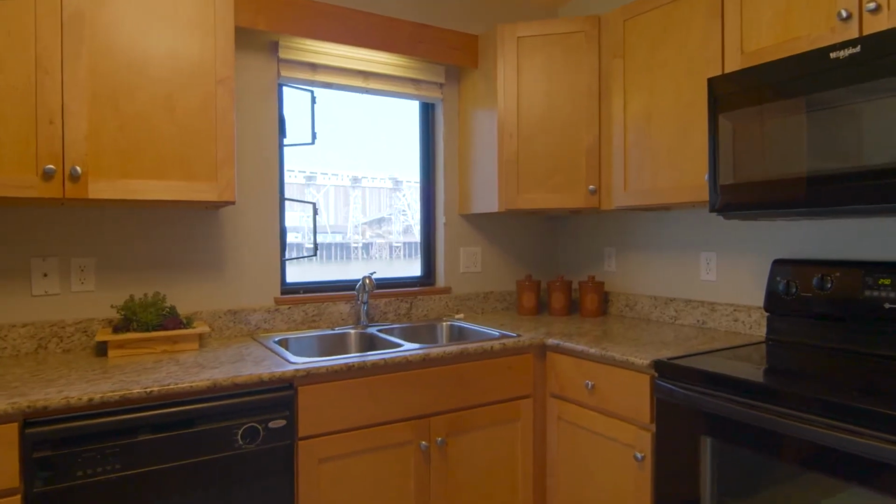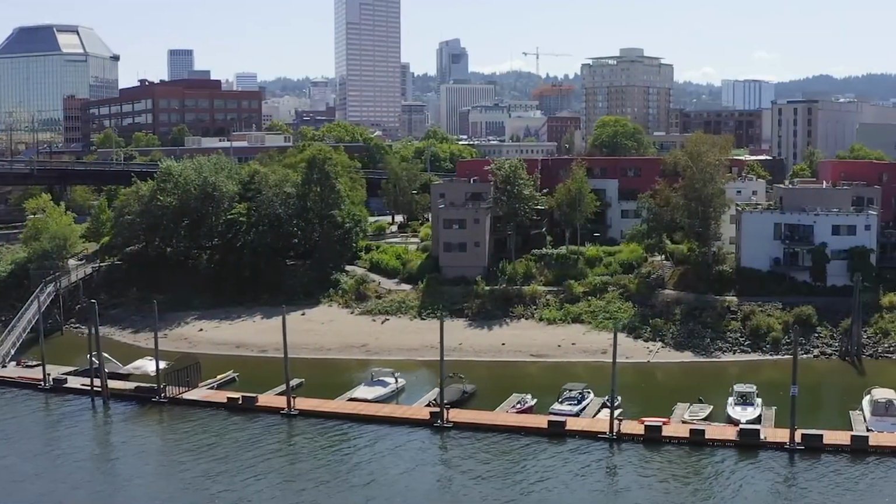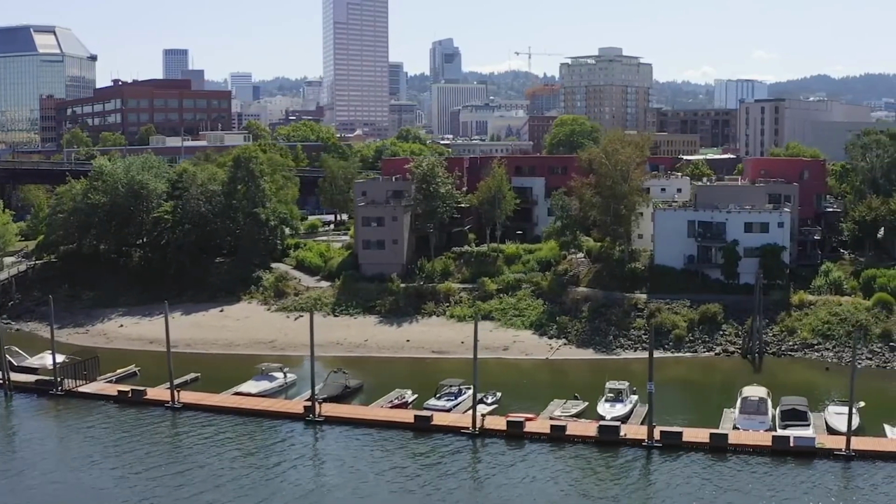I was just watching a few boats go by. Here's someone water skiing right now. Lots of water sports. And the owner of this condo actually has a boat slip for sale that you can buy if you purchase this condo. So that's pretty cool. I'm looking right out the window and I can see the slip. There's also a private beach, which is pretty neat. All of that for under